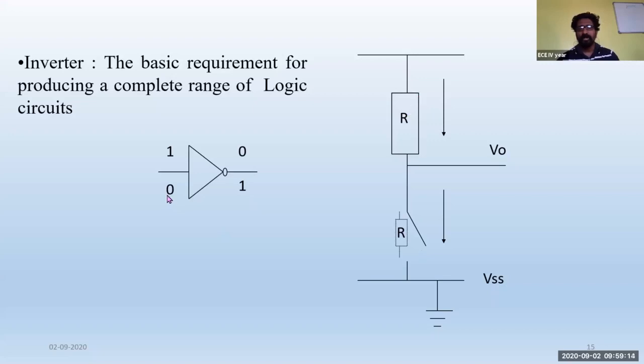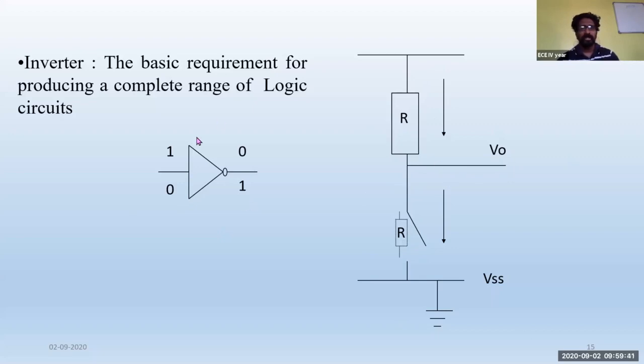Whenever we supply 0 volts, this resistor is going to be in the on state, like a short circuit. The current will be flowing through this one, and you will be obtaining some output at the V out. That's V0, which is nothing else but V out. But at the same time, the same input 0 is applied to the second resistor. It will be like an open circuit, so you cannot expect any kind of current flow from this one. So your output will be 1.